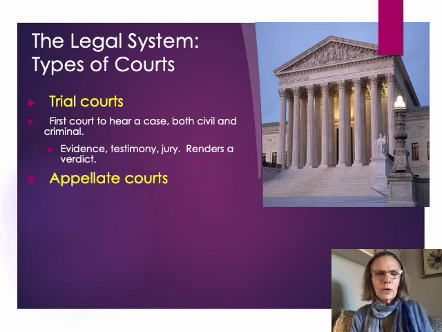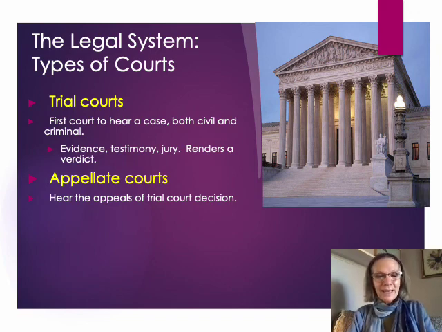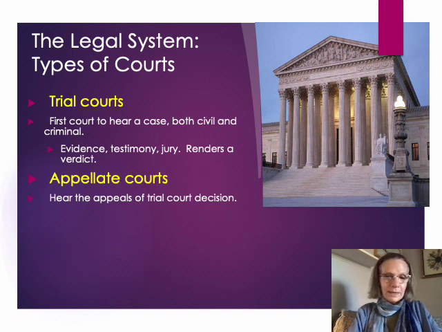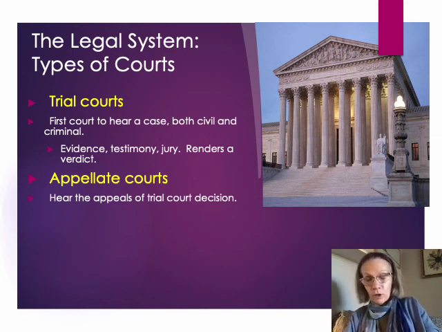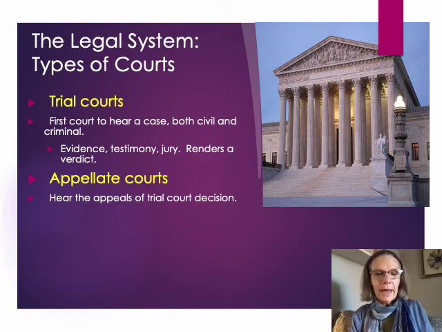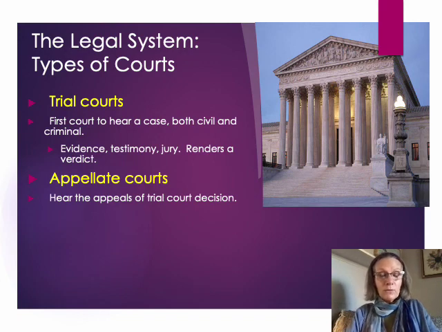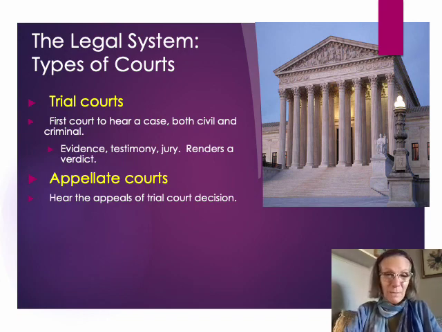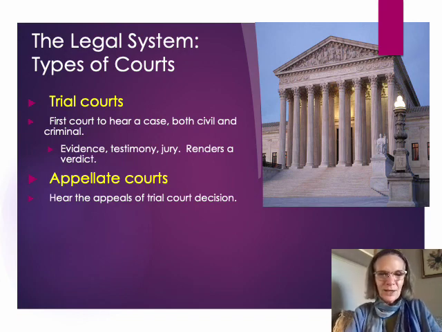So what's the difference between a trial court and an appellate court? Well, an appellate court does not hear cases for the first time. They only hear cases on review, okay? And so after a decision is made in the trial court, a decision of guilt or responsibility, as in civil cases, if the person who's found guilty doesn't like that outcome, they can appeal that case to the appellate